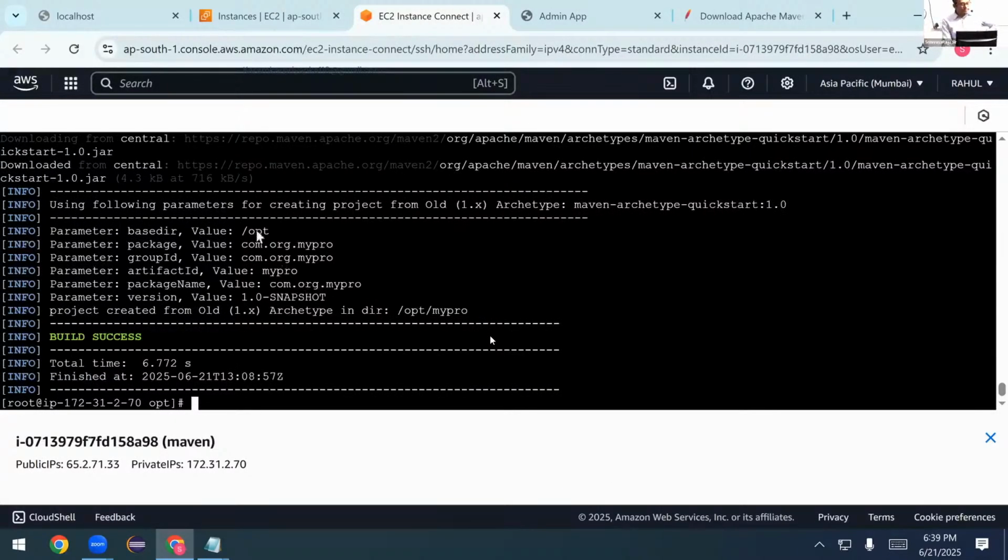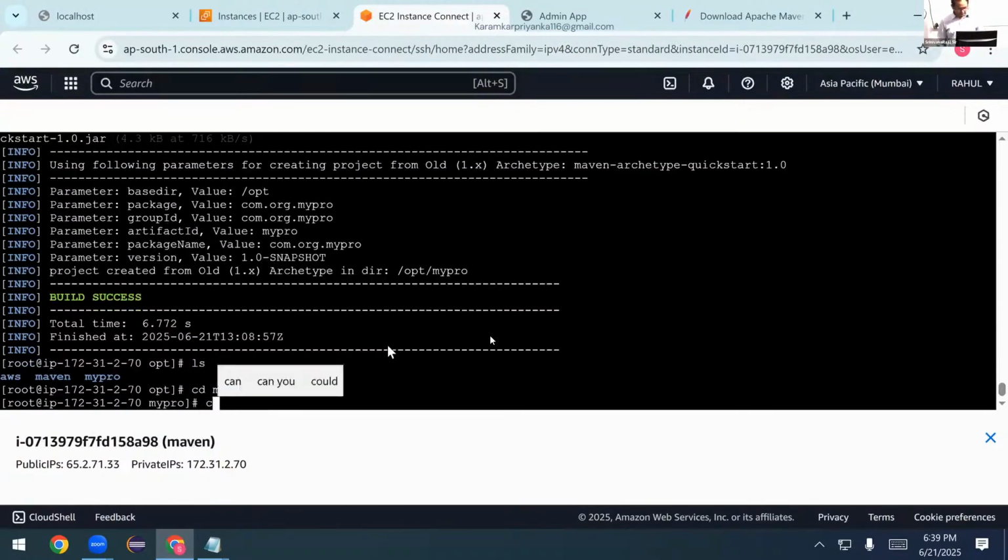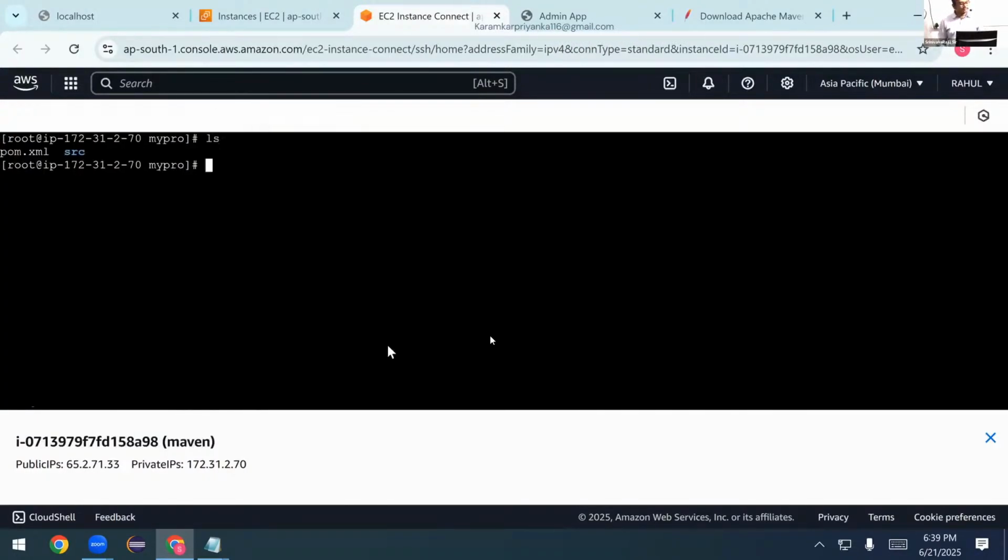So the project tree structure is created successfully, right? So first of all, a lot of modifications enter into this side when you run that command. What is that? First of all, see ls. I got a directory called mypro. So cd mypro, ls. There is a pom.xml file and